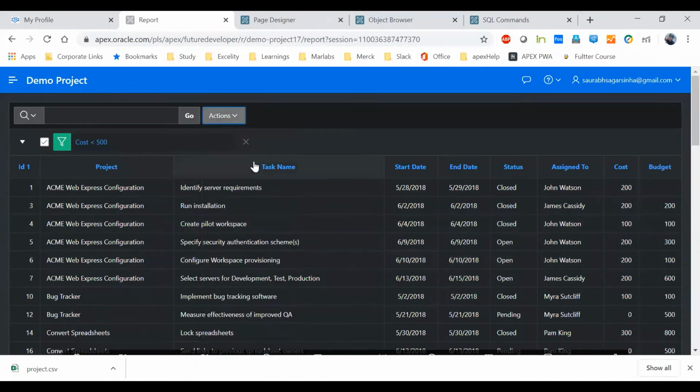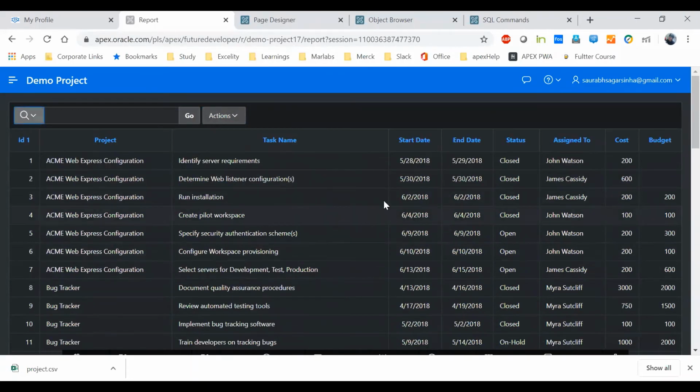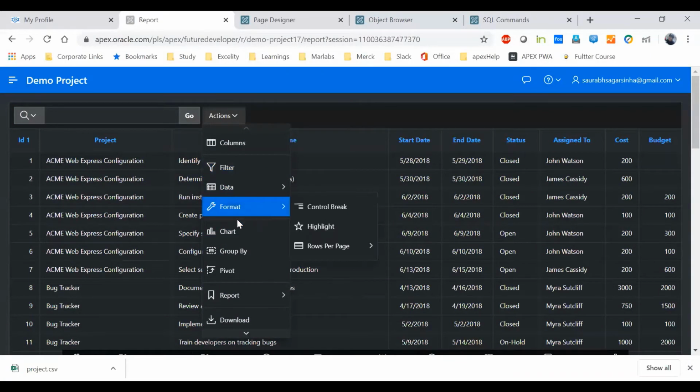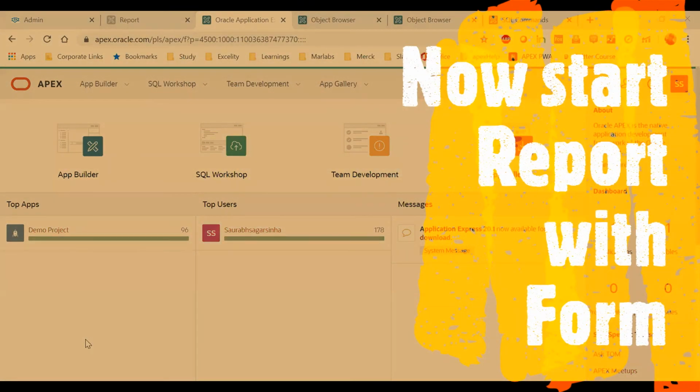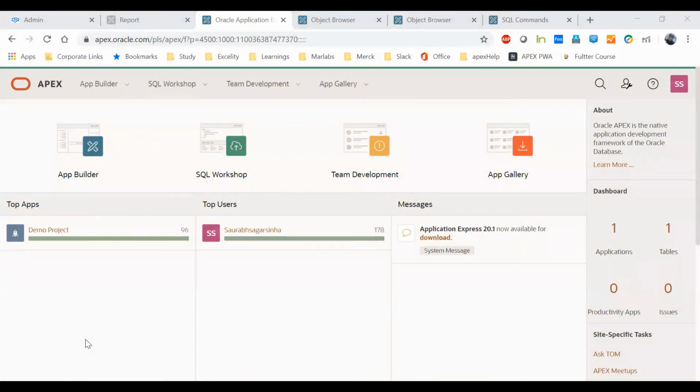Okay. So I just wanted to show you the flexibility of this interactive report. That is it. Maybe you can play by yourself with each of these things, and if you have any problem, you can come back to me. Okay. Now I'm going to show you how to create a form to add and edit the information on that report. Okay. So for that, what we can do, am I clear now? Yes. Okay, yes, Saurav. Okay, Karthikeyan.